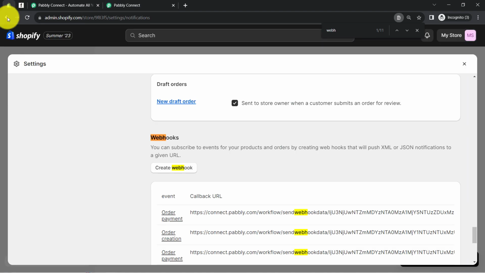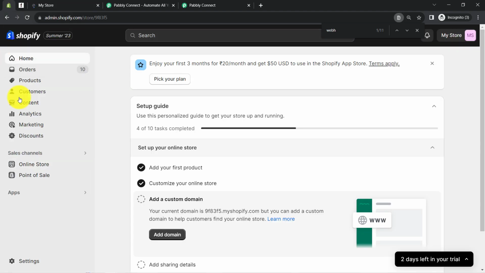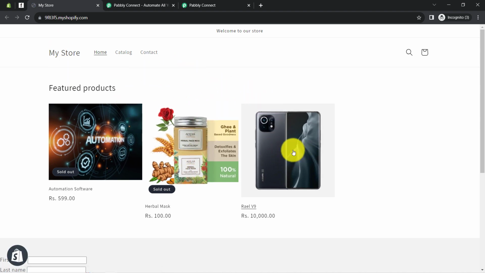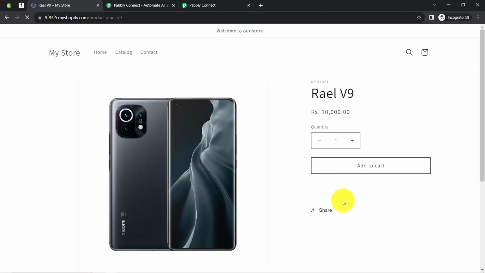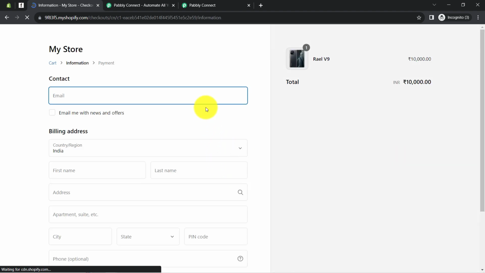Okay, so I will open my e-commerce store and place a dummy order in front of you. From this preview button I have opened my store, and here you can notice multiple products are available in my store. So how about I place the order for this phone? Now I'll click on this buy it now button directly and provide some random and dummy